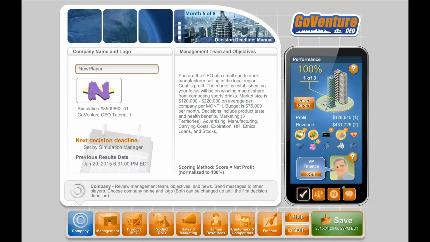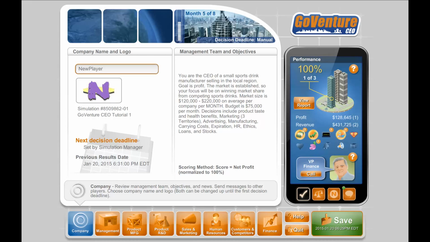The way the simulation works is that in each period you will be given a budget that you can invest in the various areas of your business, such as manufacturing, marketing, human resources, and more. Once the simulation advances to the next period, your business decisions, along with the decisions made by competing businesses and players, will be processed together to determine the business results, including sales, revenue, profit, and more. You will then be able to compare your results to the other businesses and players you are competing with.